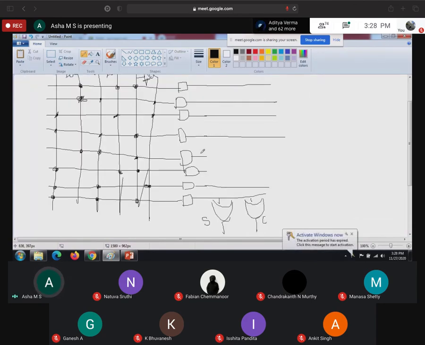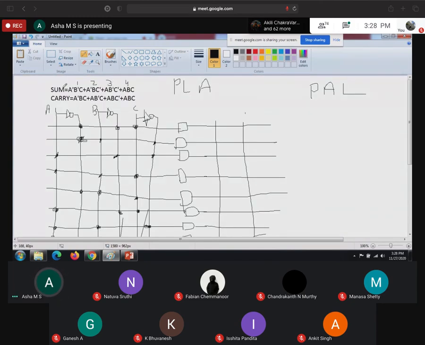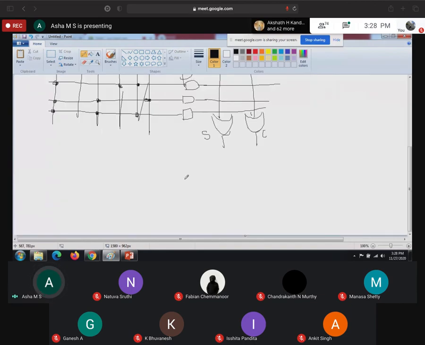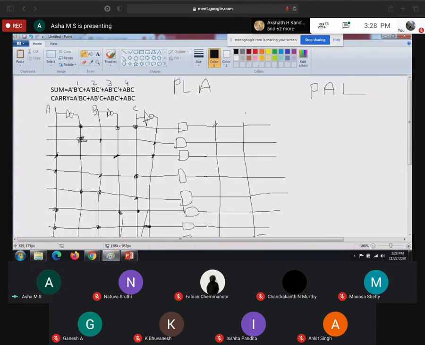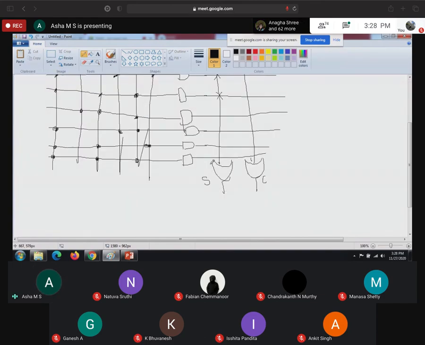No need to copy, just understand this. We have already done the minimization. So here the connection will be there. By making the first 4 OR, you will get the sum. How to connect it? Here the OR is fixed, and for fixed we use the X symbol. So this is a 4 input OR gate. For carry also a 4 input OR gate. These are the 4.